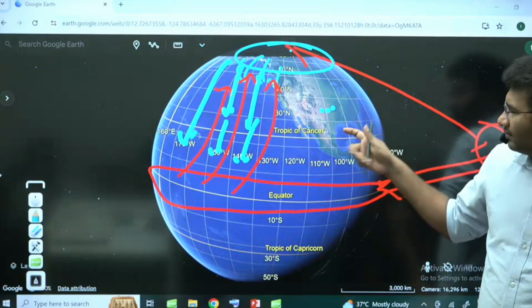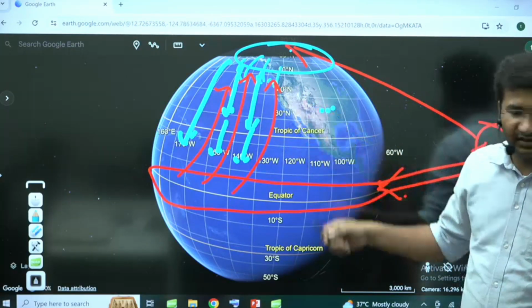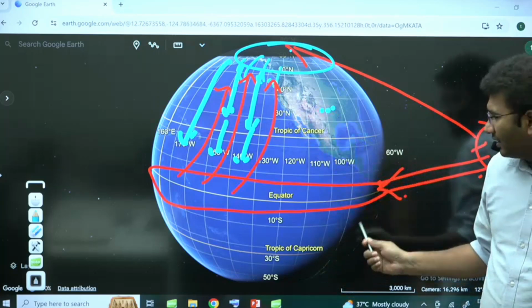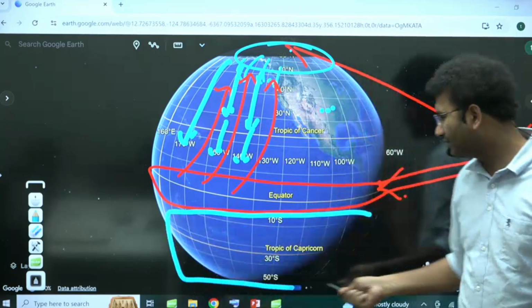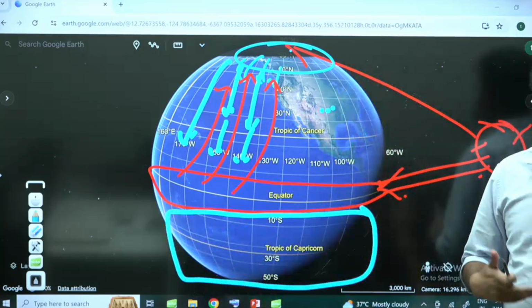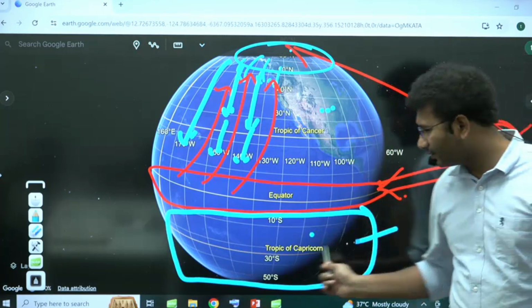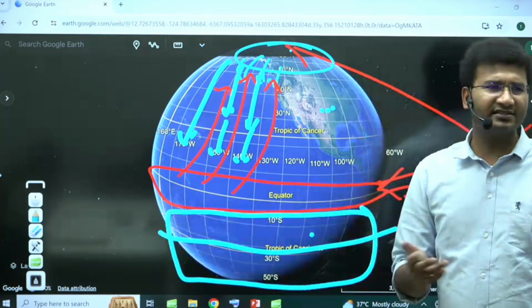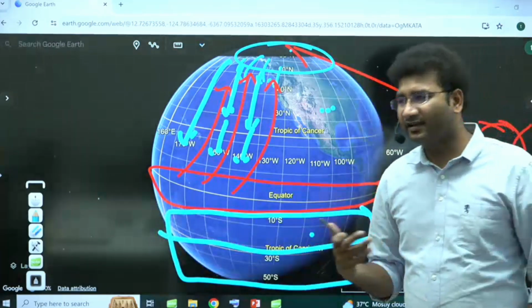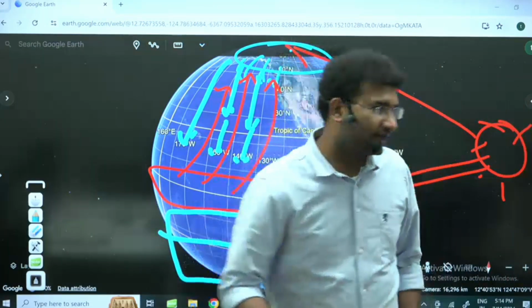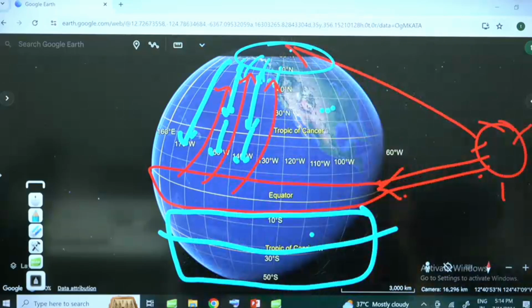Okay? Because in the northern hemisphere there is more land, and in the southern hemisphere there is less land, and look at the southern hemisphere, it is full of ocean. Right? There will be uniform temperatures across the latitudes. Across any latitude I take, more or less the temperatures are uniform, the salinity is fairly uniform, as well as there are some other factors that can determine the movement of the oceanic water. Right?